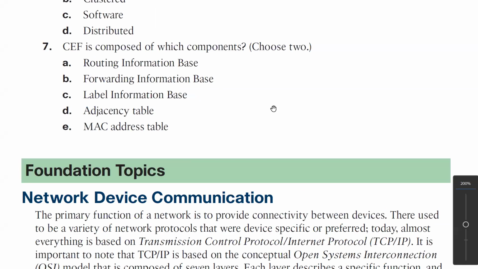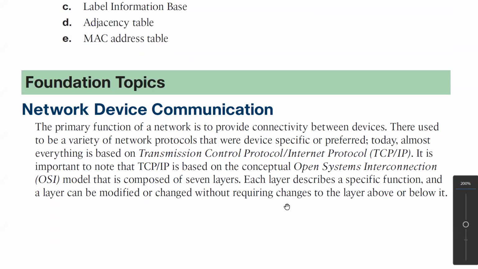So the first thing is about network device communication. Your networking journey also started with the network only. And what's the network? Connection. Devices interconnected to each other. Why? For communication, to share the resources. When you say resources, what do you mean? Can be a file or something. That means information only, right? That means information. Then what is data?